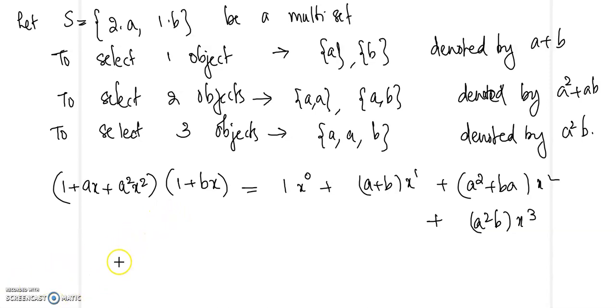And now when you put A equal to B equal to 1, we will get the corresponding